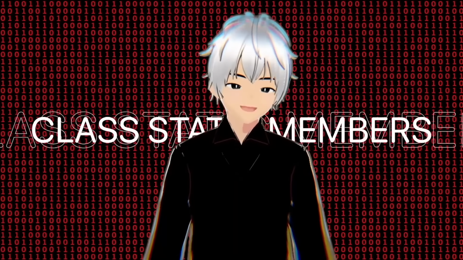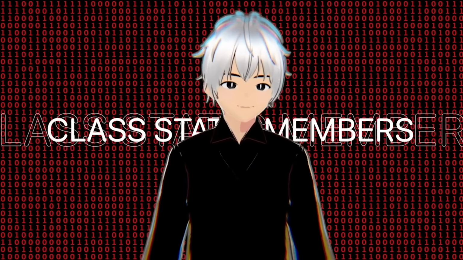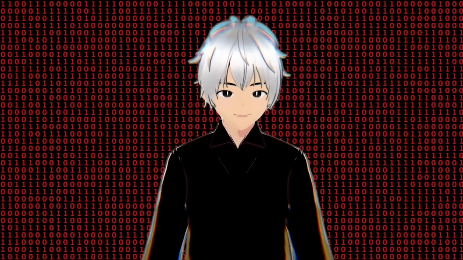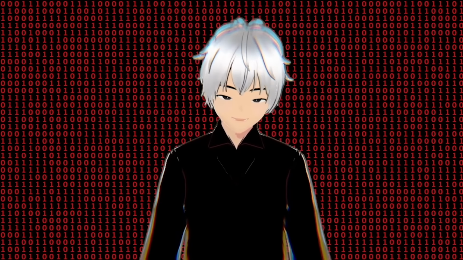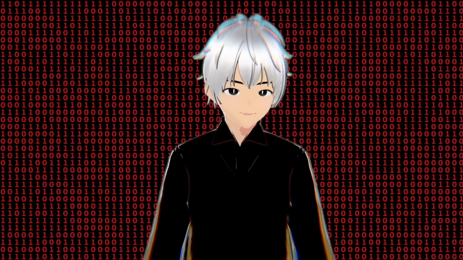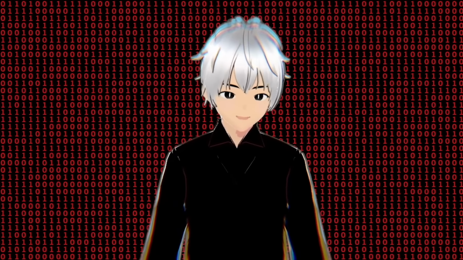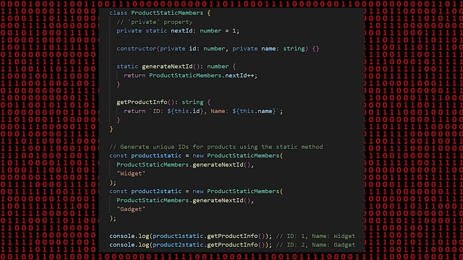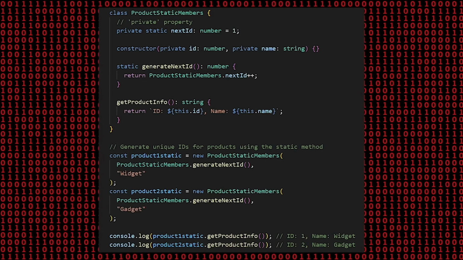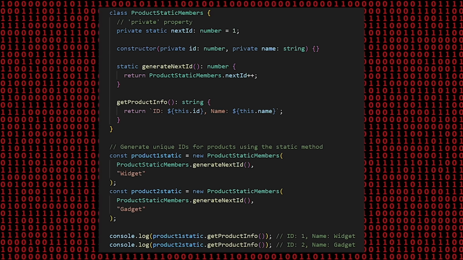Class static members. Static members in a class are properties or methods that belong to the class itself rather than to instances of the class. This means you can access them without creating an instance of the class. They are defined using the static keyword in TypeScript. In this case, the static member nextID is used to manage unique IDs for all instances of the product